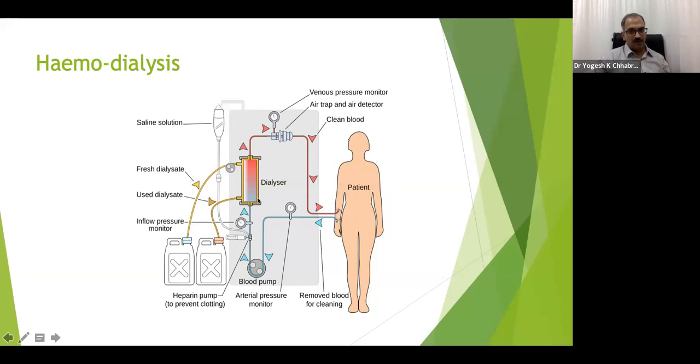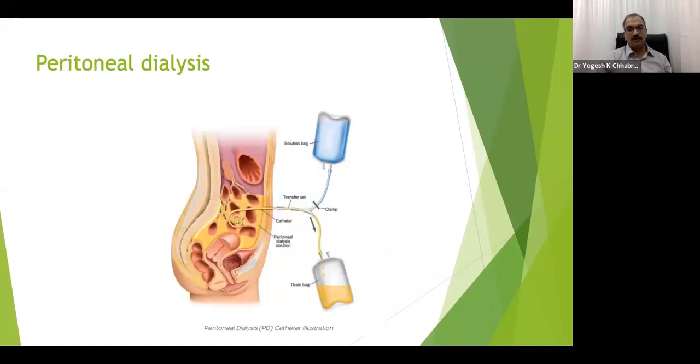As you can see, it involves a great amount of blood being circulated in an extracorporeal circuit. The chances of arrhythmias are quite high, and the chances of hypotension are high, but with new dialysis techniques, these chances have gone down tremendously. Although, specifically in patients who have cardiac comorbidities, who have hypokinesia, we like to prefer peritoneal